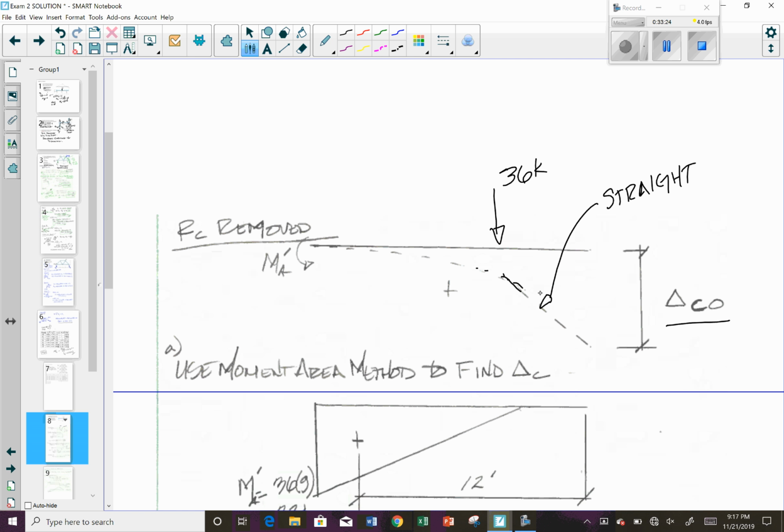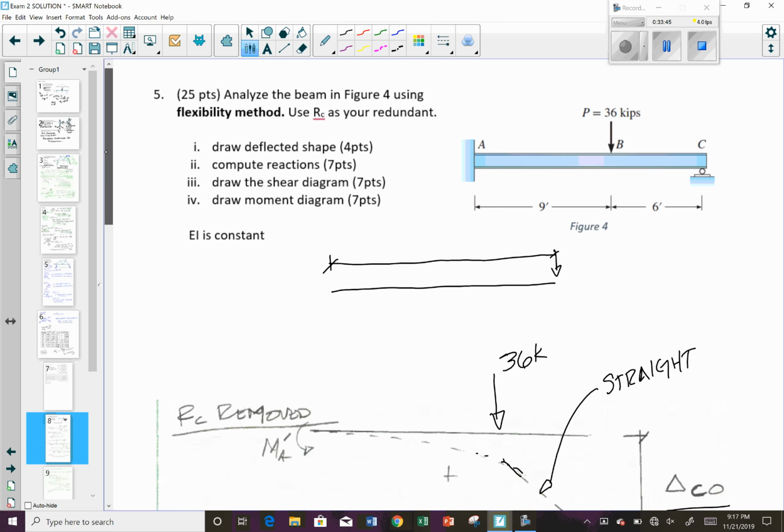So the thing that you needed to recognize is that you needed to solve for the deflection at C. Okay? So this is not the same thing as solving for the deflection if the point load is here over the full length. This would be 15 feet. So your deflection here would have curvature all the way through the section. So you could have done one of two things. You couldn't just use the cantilever equation for this